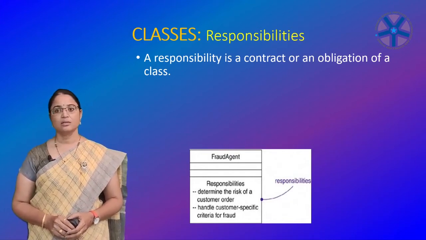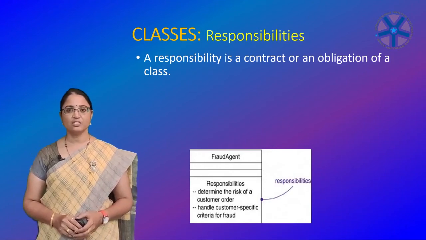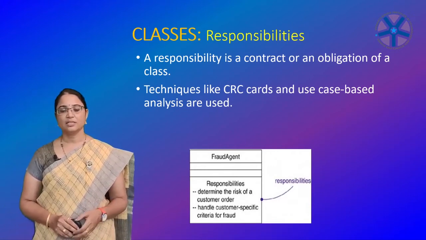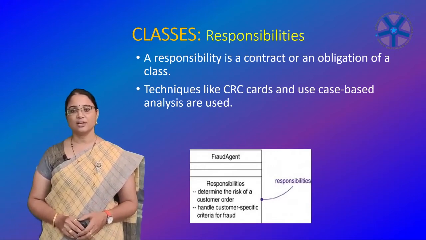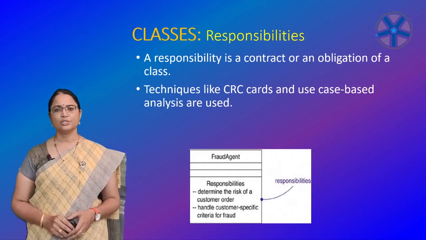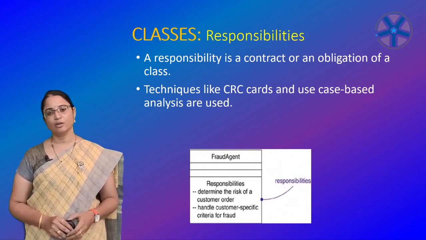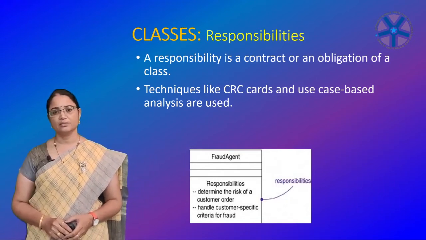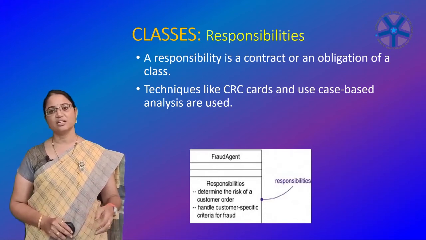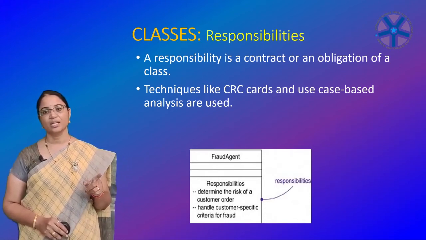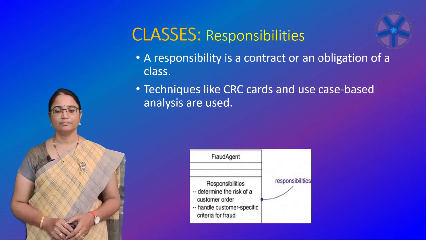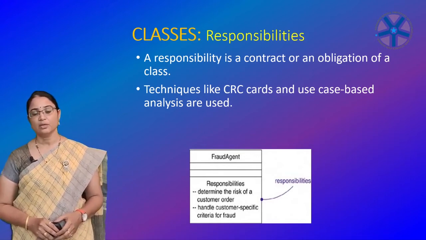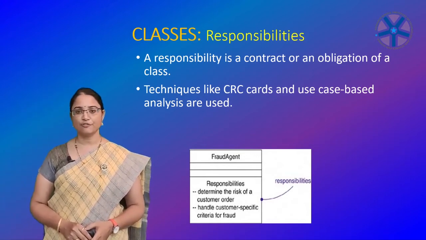When you model classes, a good starting point is to specify the responsibilities of the things in your vocabulary. Techniques like CRC cards, class responsibility collaboration cards, and use case based analysis are especially helpful here to identify the vocabulary of a system. A class may have any number of responsibilities, although in practice every well-structured class has at least one responsibility and at most just a handful. It means you can't take more number of responsibilities. You can pick one or two responsibilities that should be achieved by using the attributes and operations of a class.